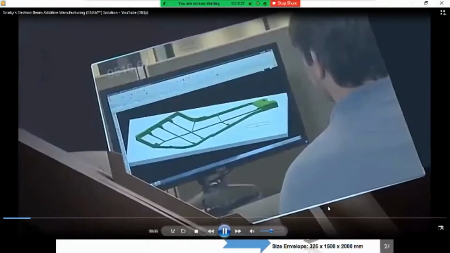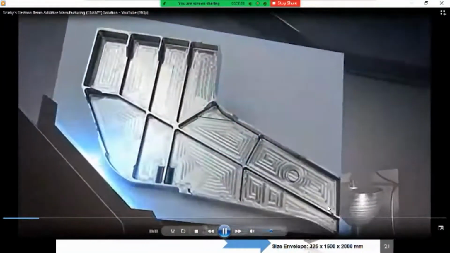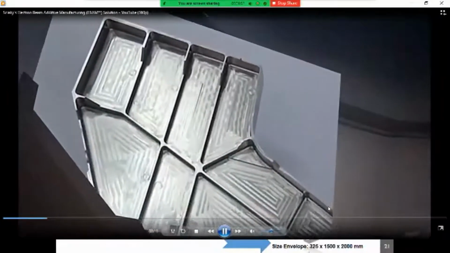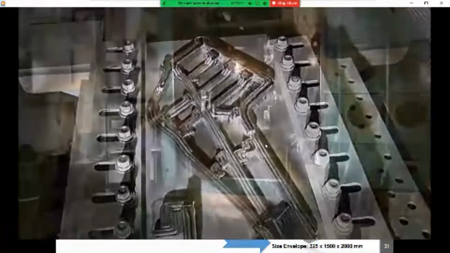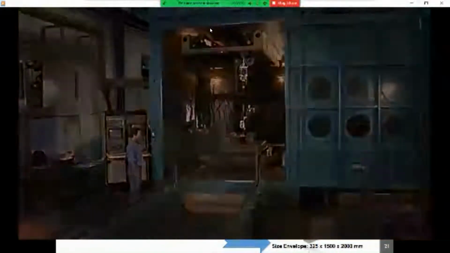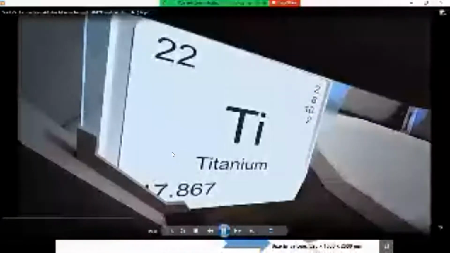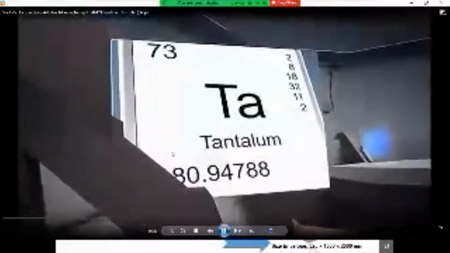Imagine from this to this in a fraction of the time and cost it used to take. With Sciaky's exclusive electron beam additive manufacturing, or EBAM for short, metal 3D printing is not limited by part size, material, or geometry. Here you can see a wire being fed through this. Electron beam heats the material and you can melt it. Manufacture parts and structures that exceed 19 feet in length, 4 feet wide, 4 feet high, and 8 feet in diameter, made from virtually any metal, including Inconel, stainless steel, and refractory alloys like titanium and tantalum.